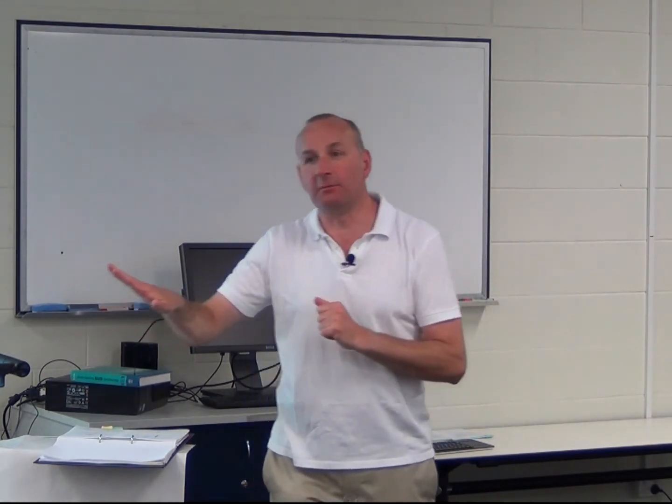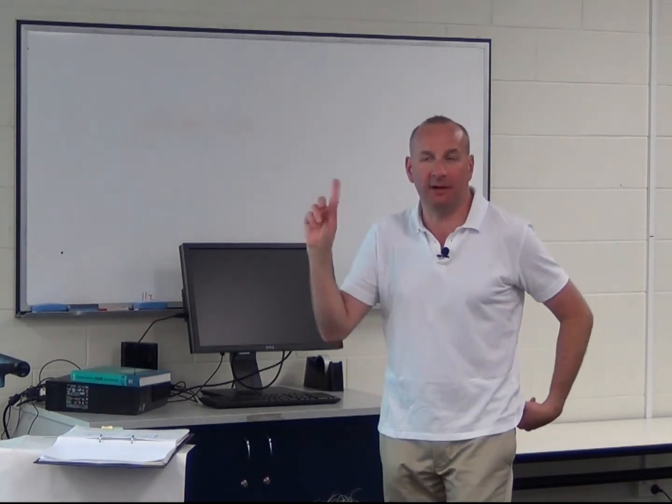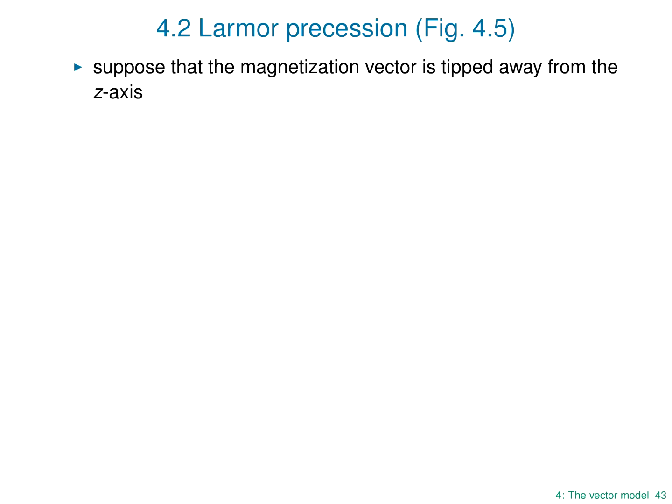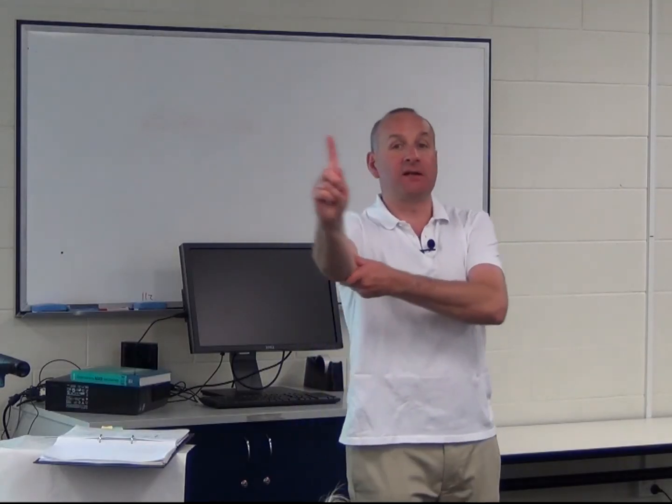Now, let's just set aside for a moment how you do that. I'll describe how you do that in a minute. But let's imagine we have done it. So we take the z magnetization, we move it away from the z-axis. What happens? Well, what happens when you do that is that this magnetization vector undergoes what's called a precessional motion